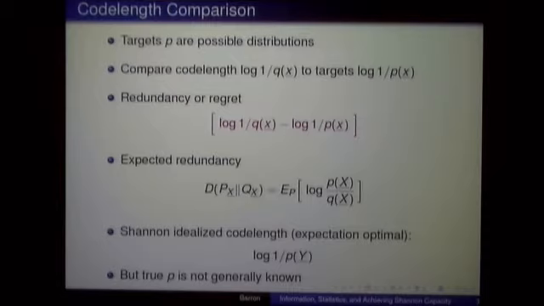But this leads to nice games where we ask things like, okay, there are lots of different distributions. Maybe I wish I had coded using P, but I didn't know to when I coded using Q. So I'll have a regret, the difference in the code lengths. Its expected value, as we hinted at earlier, is D(P||Q), the relative entropy. And its non-negativity is what tells you that the idealized code length